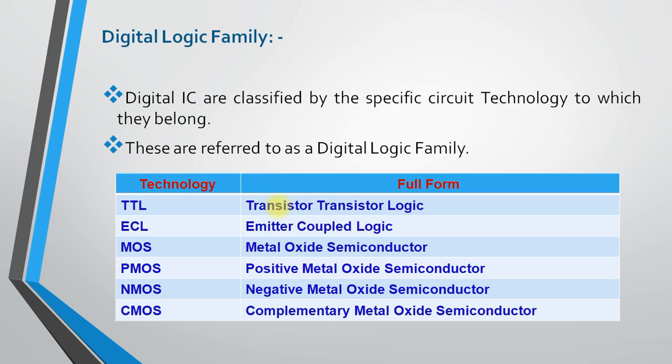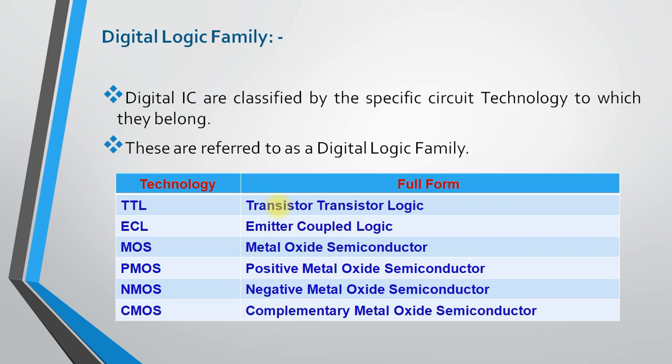So these all are the list of technology, and we have the full form of each technology which you need to mug up. The PMOS and CMOS is the most important full form which can be asked in the exam. One mark question is there. So this is a small topic which I want to deliver in this particular session, that is question number 1, integrated circuit. I would like to repeat this particular session once again.